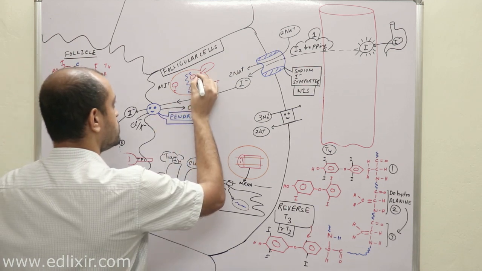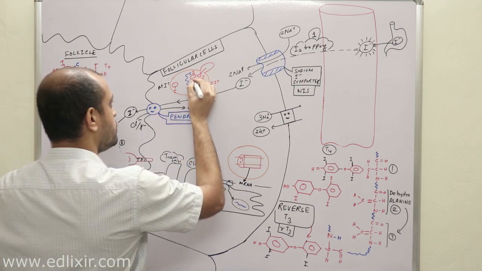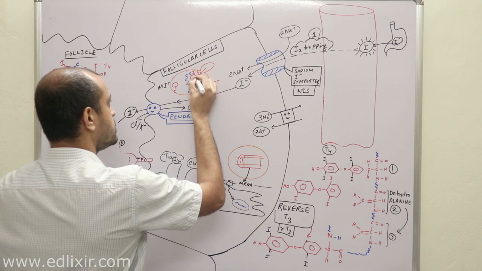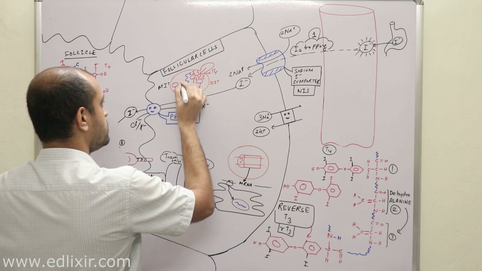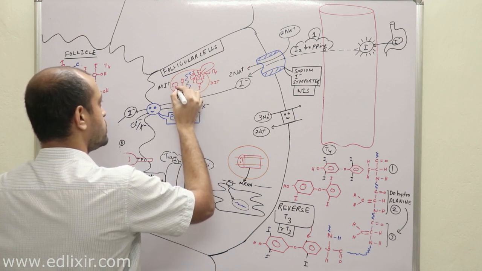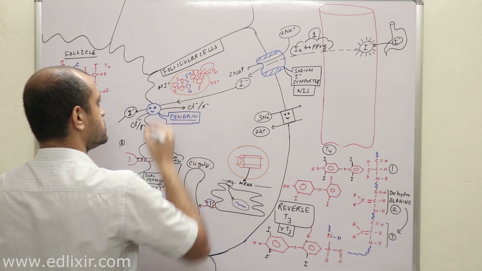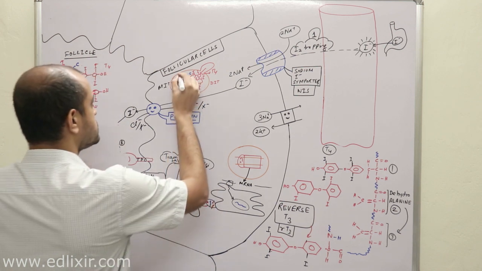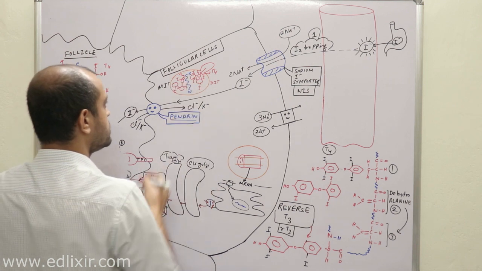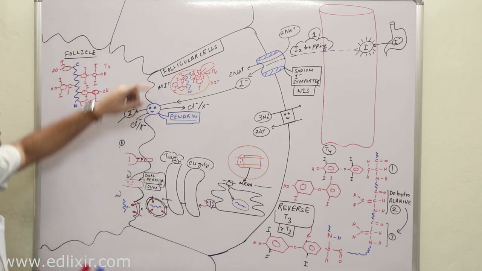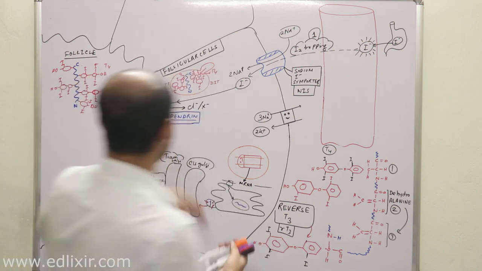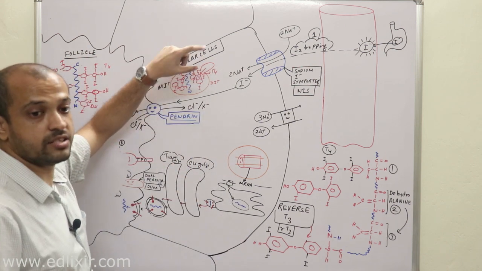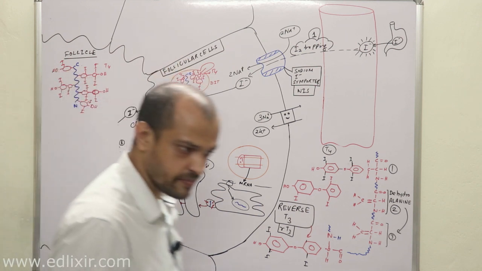Okay, and there will be these molecules having 4 iodines, right? This is T4. And there will be molecules like this, right? This is T3. So there will be molecules which are T3, T4, DIT, MIT and reverse T3, released by the help of the enzymes released by lysosome, the lysosomal degrading enzymes. Okay, clear?